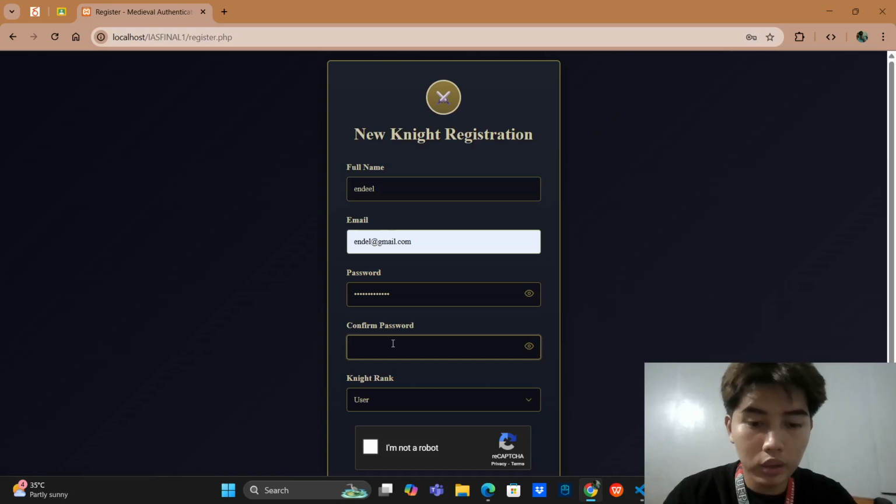So let's try to create a password with mixed characters like capital letters, numbers, or special characters.